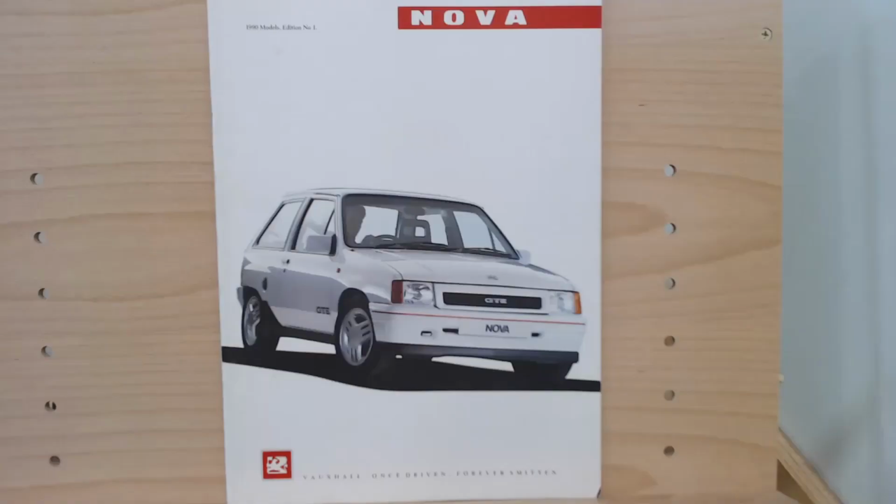It's from 1990, so a little bit later in the production. It ran in the UK from 83 to 93. So this is 1990, so there's quite an extensive range at this time and quite a big brochure, so we better get on with that now. So here is today's brochure, quite plain in this sort of white colour really, isn't it? So the 1990 models, it's saying, Vauxhall Nova, and at the bottom here, the caption at the time,